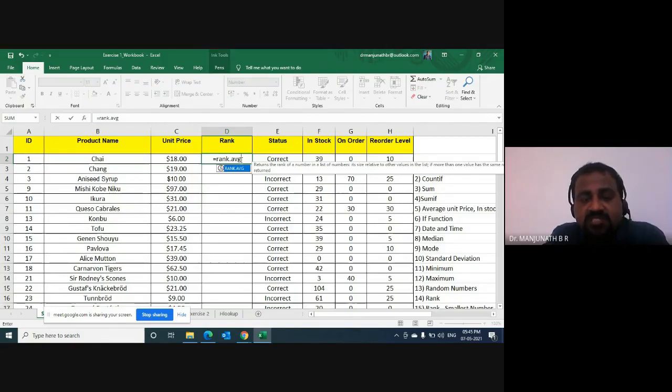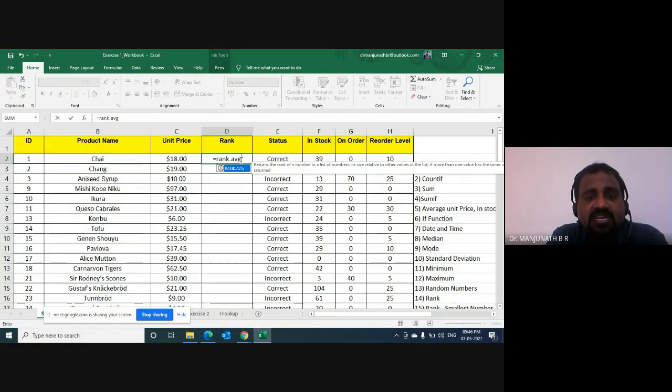Now what is the importance of getting an average rank? Excel says it returns the rank of a number in a list of numbers, its size relative to other values in the list. If more than one value has the same rank, then something will happen to the average rank. Now let us do this and understand how the output looks.